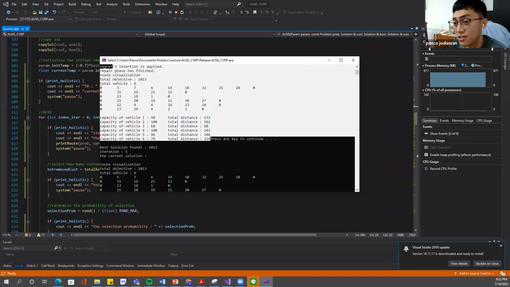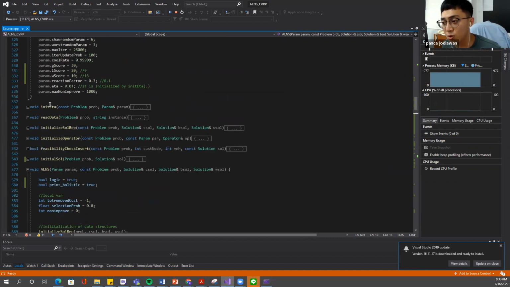This is the first question. The second question is, do we update the probabilities of selecting the operators? The first one, do we update the scores of the operators? The second one, do we update the probability of the operators?